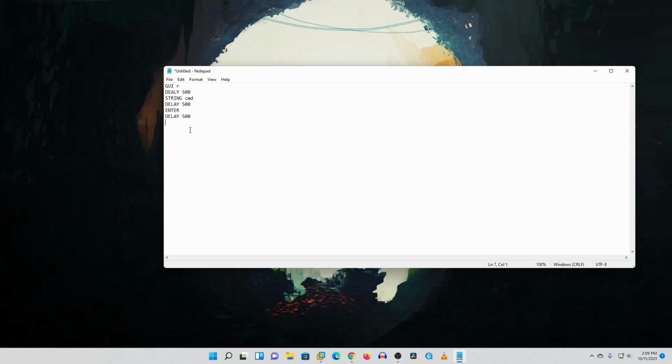So we will type STRING, then ping google.com. Then we delay for 5 milliseconds and press enter on our keyboard. So type ENTER. This is gonna replicate pinging Google using the command prompt with the bad USB.